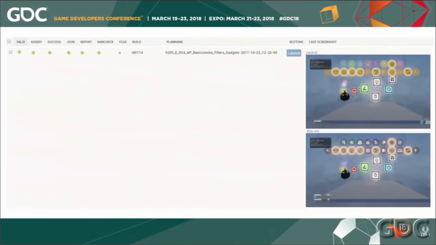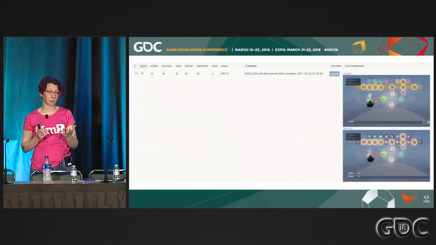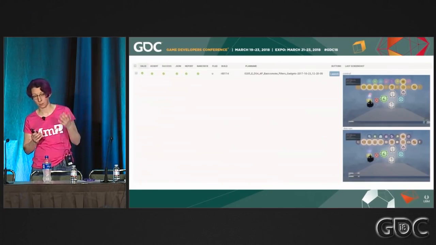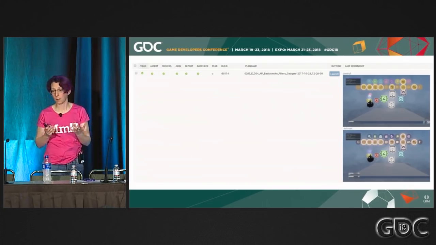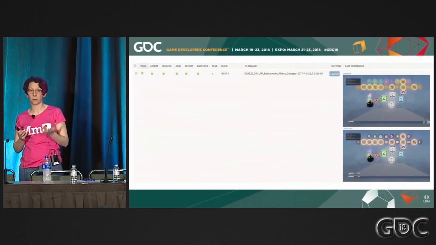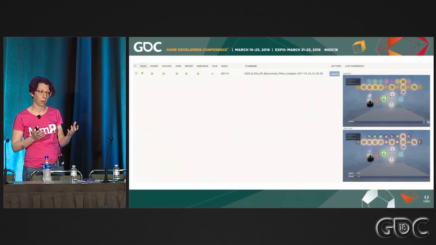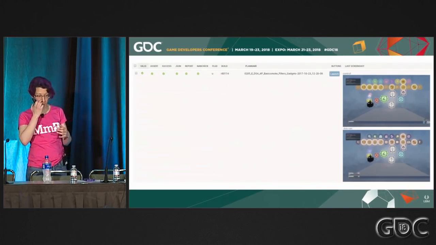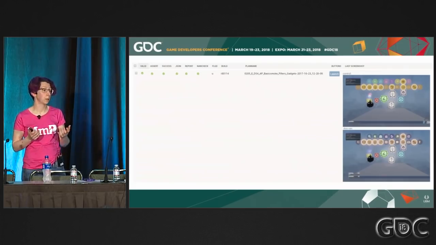There is also the launch button, and the launch button takes the replay and launches it on your dev kit, on your test kit, on whatever build you're running. So it doesn't have to be a build running from Visual Studio. You could be running a package build and this will still launch that replay on your build. So you can have a look at the replay and check that it's doing what you think it's doing.